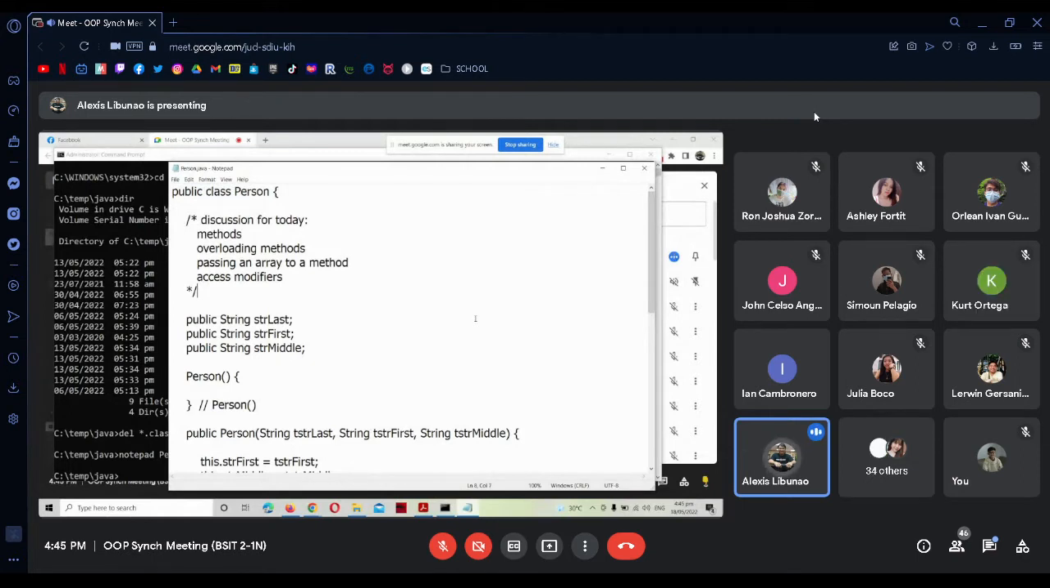As I have said, methods are like functions in C. So we call them, but of course, in order to call them, we have to instantiate an object. So in our case today,